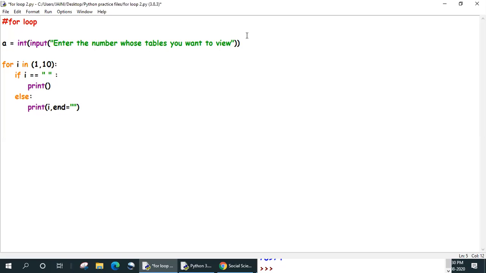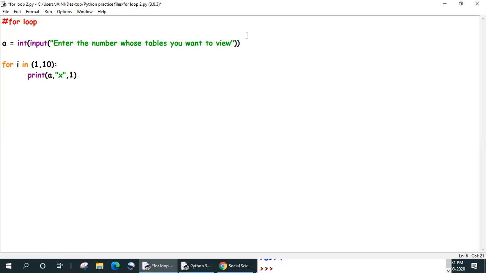For I in the values 1 to 10, what we are going to print is I, comma, so automatically a space will come when you put a comma, multiplied, this is the multiplication side, multiplied by A, or I will have A over here.